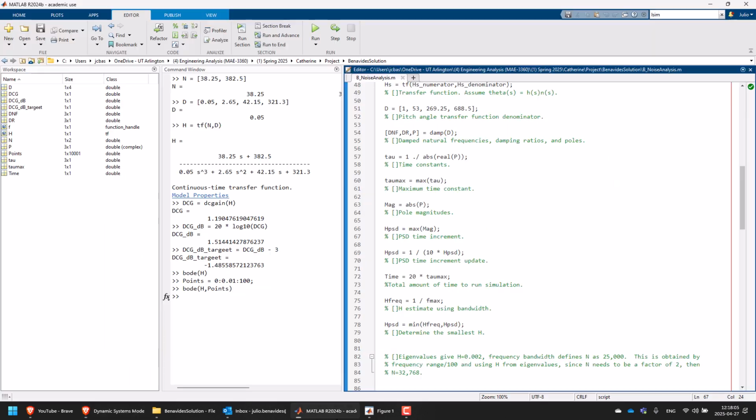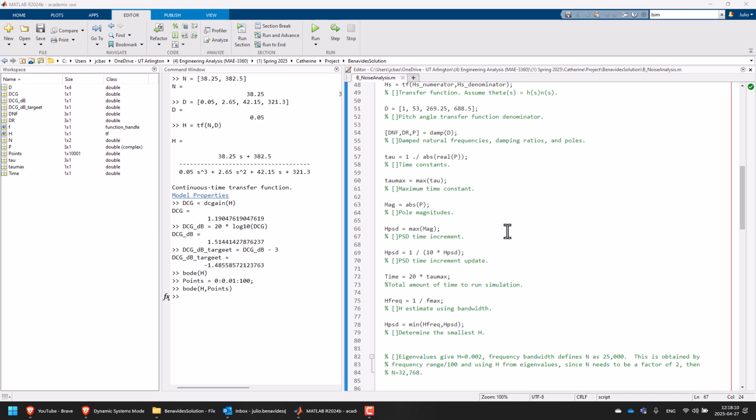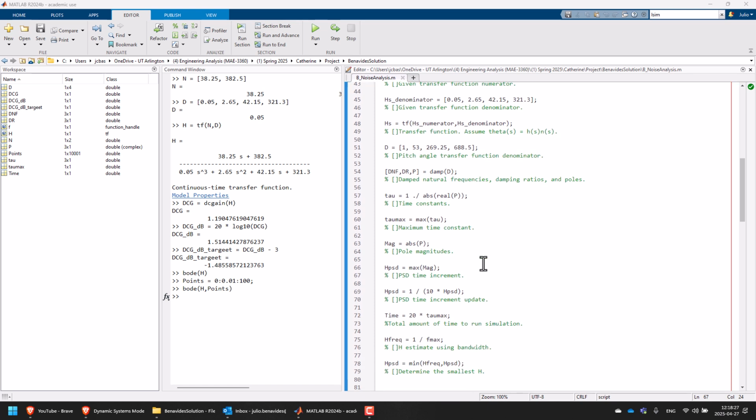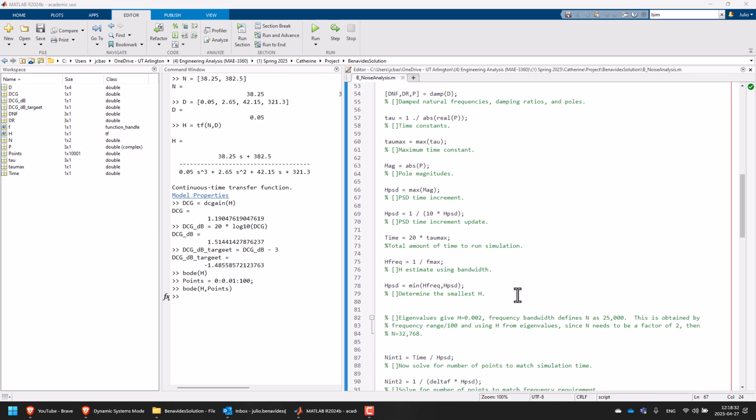So going back to MATLAB, actually, let me get rid of this Bode plot. Going back to MATLAB, we continue with the algorithm, and we calculate the H for power spectral density. Like I said, it's okay to use this code for your project. Now, based on the values, when we let SID equal 0, we end up with an H of 0.002,